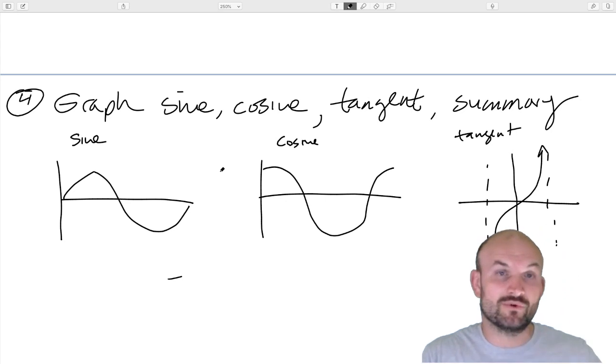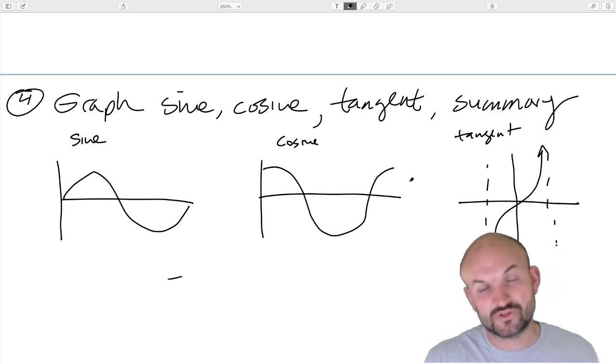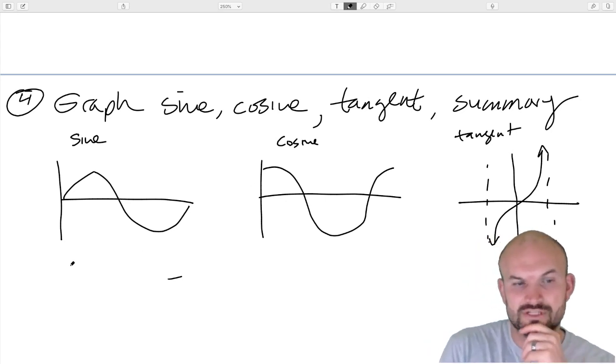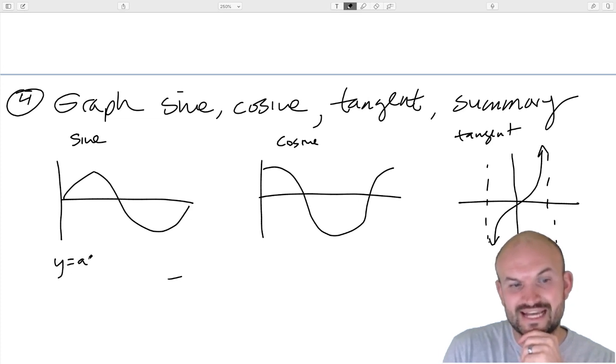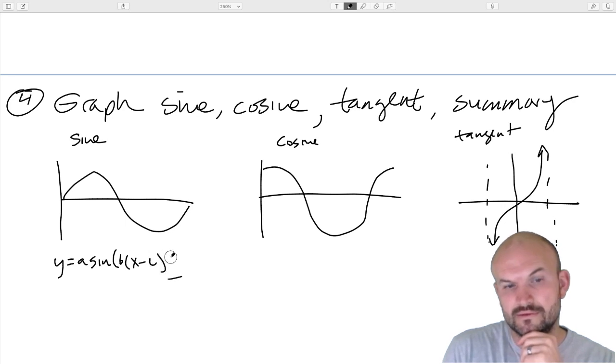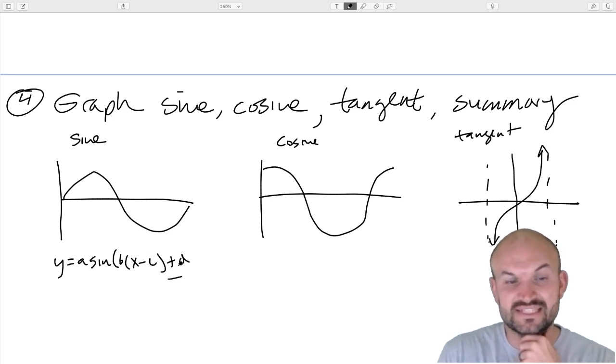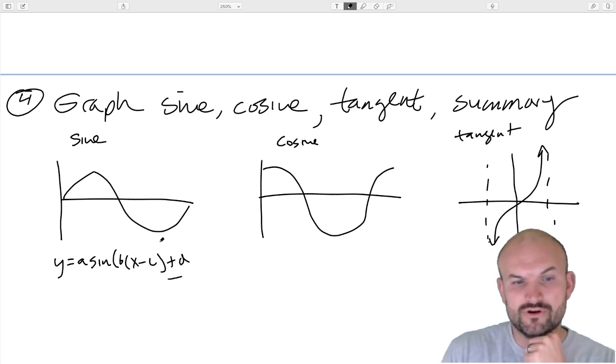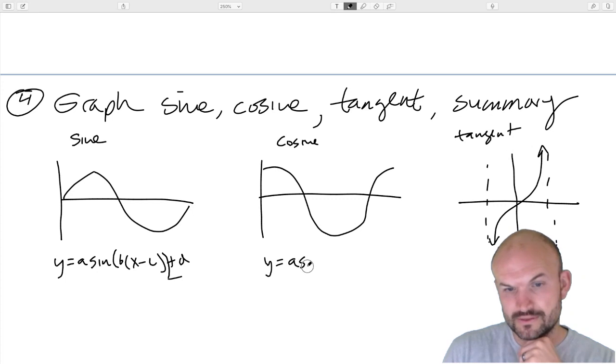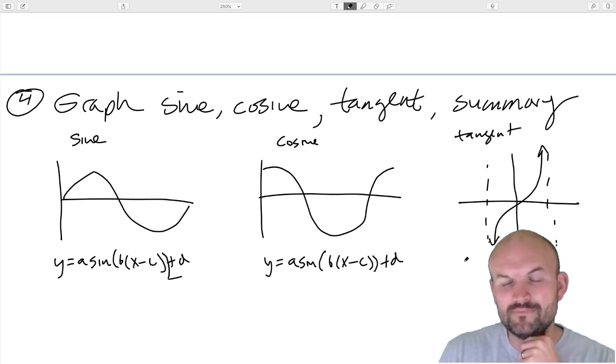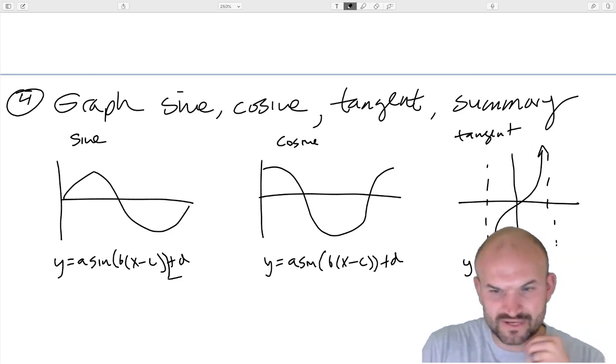So I think it's important for you to know what these graphs look like, because then we're going to have different transformations. And these transformations are based on A, B, and C and D. So just remember when you're doing these problems, B times (x minus C), A, B, C, and D, they all impact our graphs differently. And again, also, it's kind of important. Oops, I forgot I should use cosine.